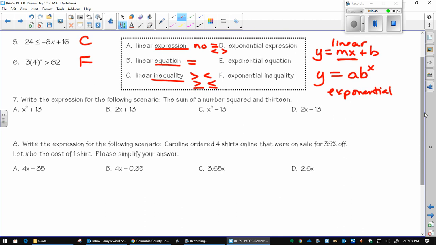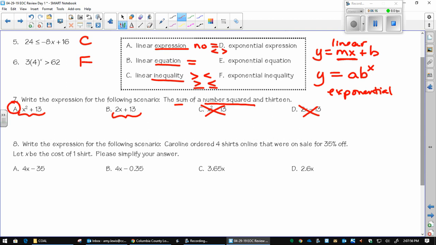Number 7 says, write the expression for the following scenario. The sum of a number squared and 13. So when we see the word sum, we should automatically think addition, so we can mark out C and D right away. So the difference between this is x squared plus 13 and 2x plus 13. Notice that it says a number squared, so that means we've got an exponent on it, and the correct answer